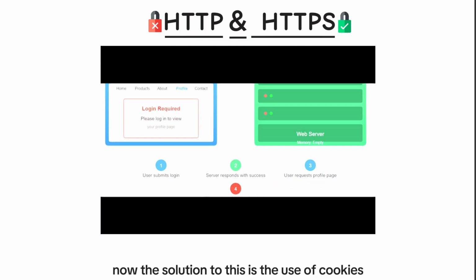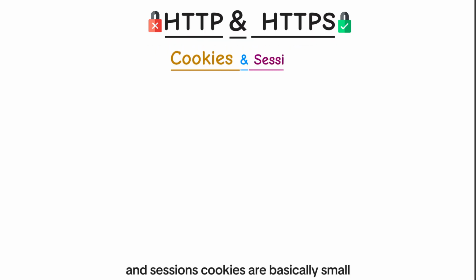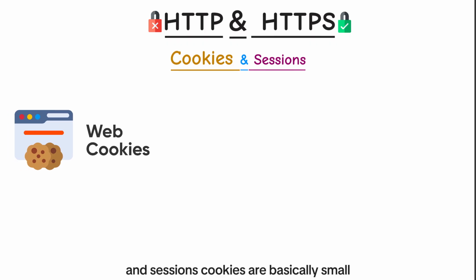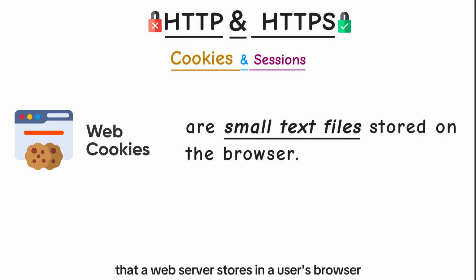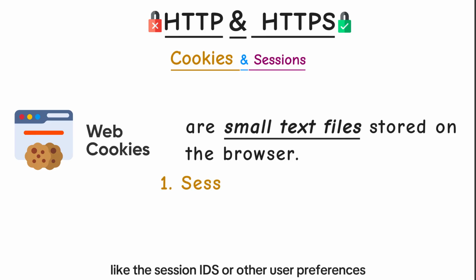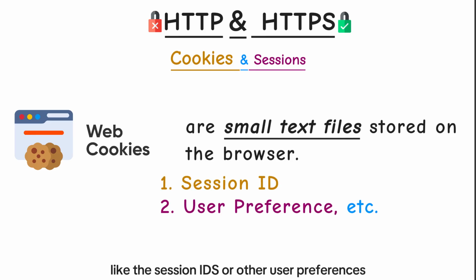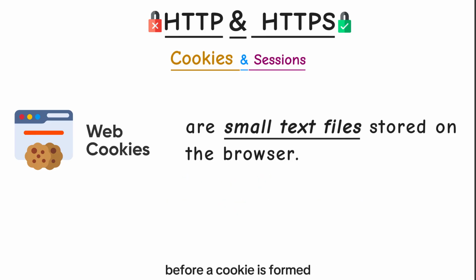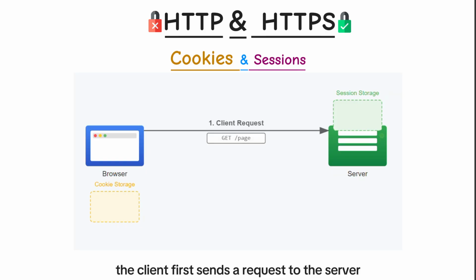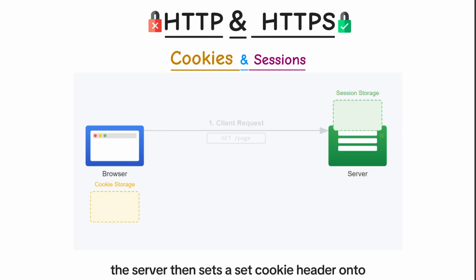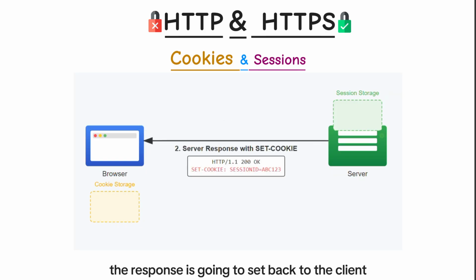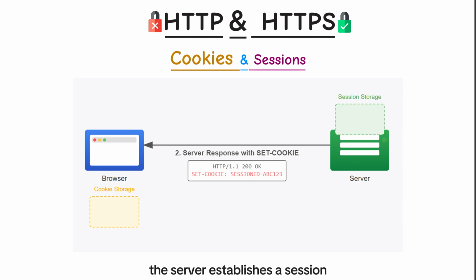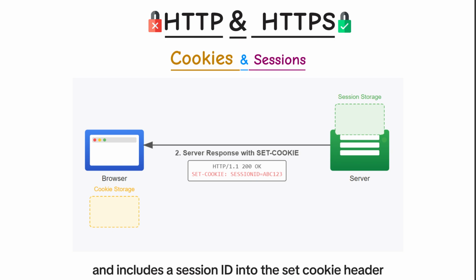Now, the solution to this is the use of cookies and sessions. Cookies are basically small text files that a web server stores in a user's browser, and they contain key-value data like session IDs or other user preferences. Before a cookie is formed, the client first sends a request to the server. The server then sets a Set-Cookie header onto the response it is going to send back to the client. The server establishes a session and includes a session ID in the Set-Cookie header it sends back to the